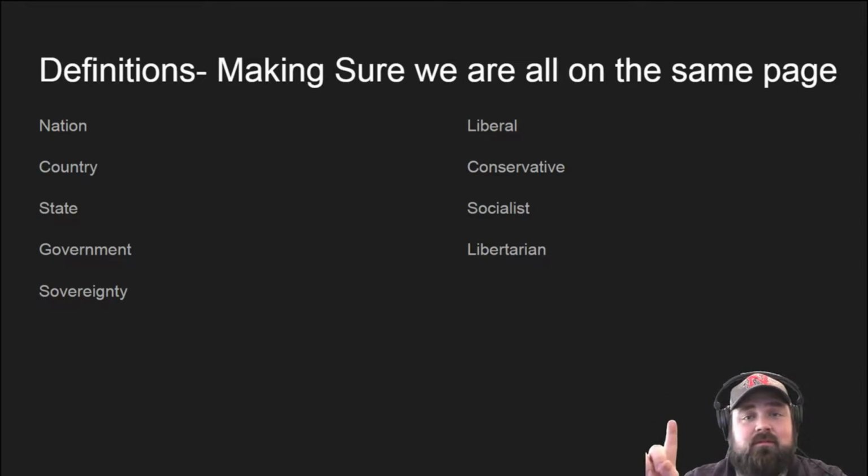So a nation is people. A country is land. A state is an administrative unit, that's institutions. Then you're probably wondering, that sounds an awful lot like how we normally use government. So what is a government going to be? For us, a government will be the actual people themselves that run the state. Not what is the government, but I'm very much going to try to keep it to who are the government.